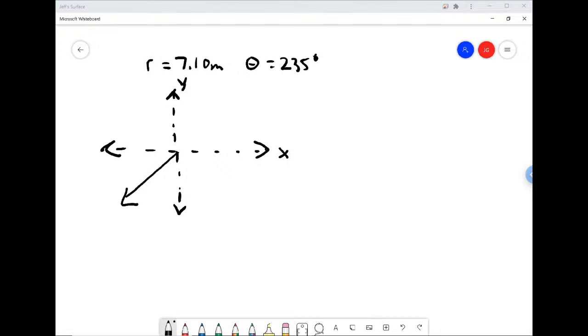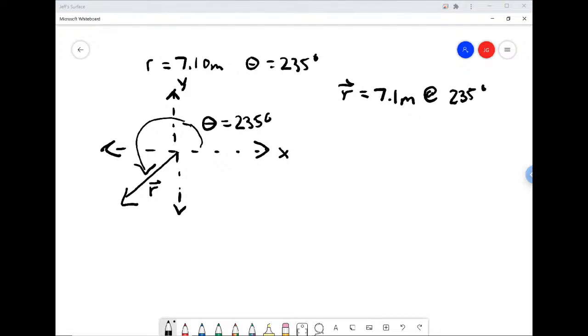How do I know? Because 230 degrees relative to the positive x-axis puts me down there in quadrant 3. Okay. So that's the setup. And so in polar coordinates, this vector, you could say, r using vector notation is 7.1 meters at